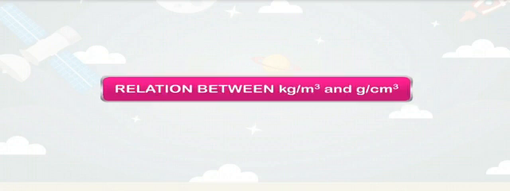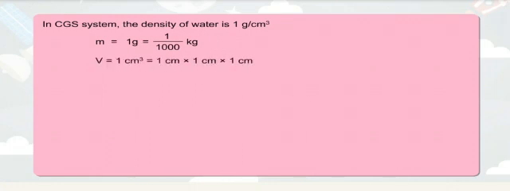Relation between the two units of the density, the SI and the CGS unit, kilogram per meter cube to gram per centimeter cube. In the CGS system, the density of the water is 1 gram per centimeter cube. If we convert it into kilograms, it becomes 1 by 1000 kilograms. 1 centimeter cube means multiplying centimeters 3 times, so 1 centimeter into 1 centimeter into 1 centimeter. When we convert the centimeters into meter, it becomes 1 by 100 meter into 1 by 100 meter into 1